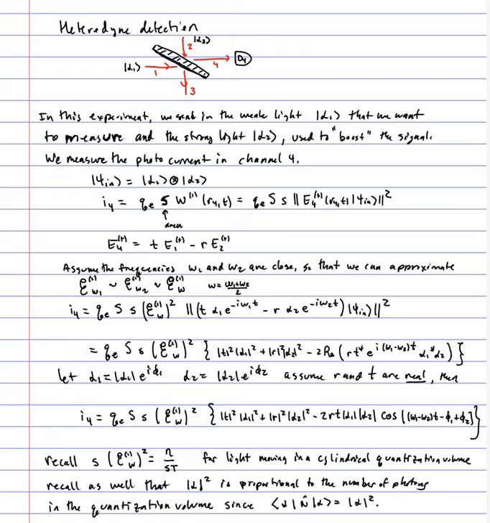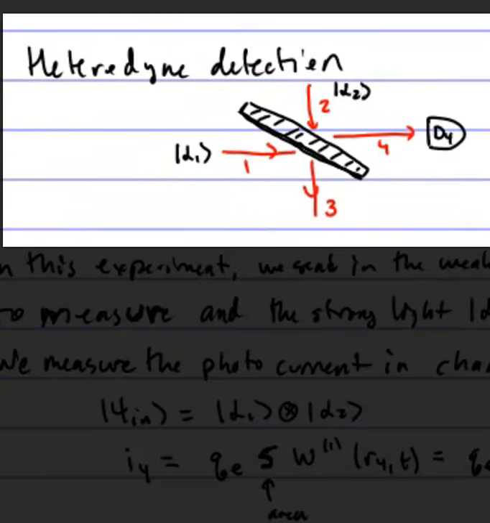The way heterodyne detection is set up is very similar to the experiments we were talking about before with a beam splitter. Here I have a similar setup where I have input ports 1 and 2. We have the silvered side of the beam splitter on the bottom, and we have exit ports 3 and 4. We're going to be measuring in port 4, and we're going to be putting in two beams. So we're going to have a beam of light described by a semi-classical light with a parameter alpha 1 coming into port 1, and a beam of light with a semi-classical parameter alpha 2 coming into